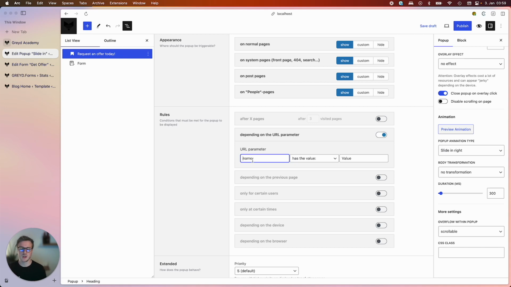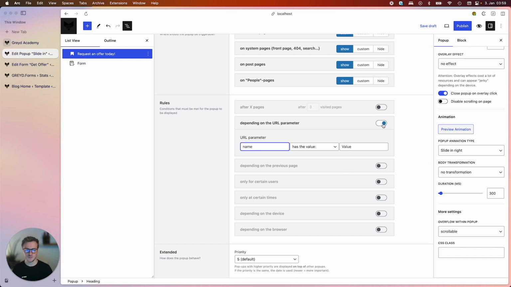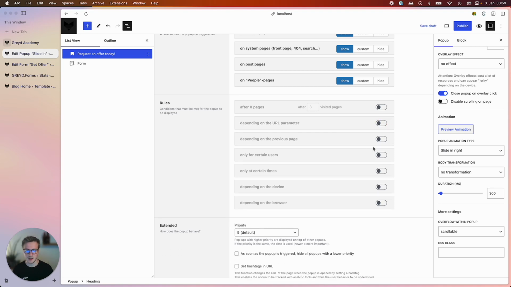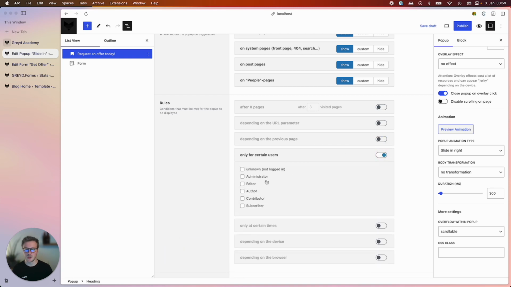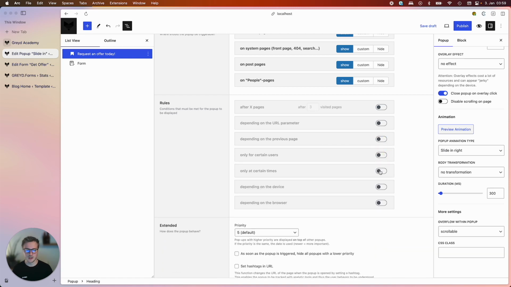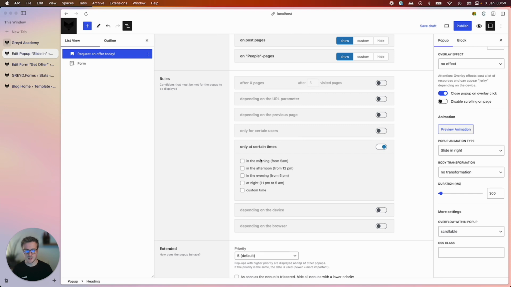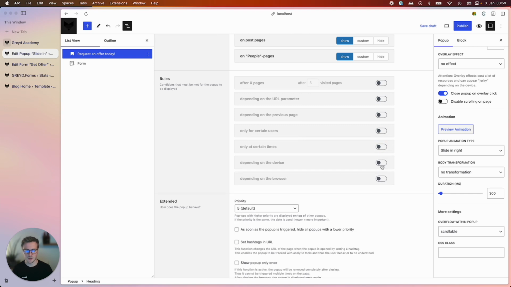So you can include the UTM medium, UTM campaign, whatever, and by that just showing the pop-up to different kinds of campaigns. Depending on the previous page, so where the user is actually coming from, is he coming from Google or some other place, from your own website or not. Certain user groups, if you configured and use them, certain times in the morning, afternoon, custom time format as well,